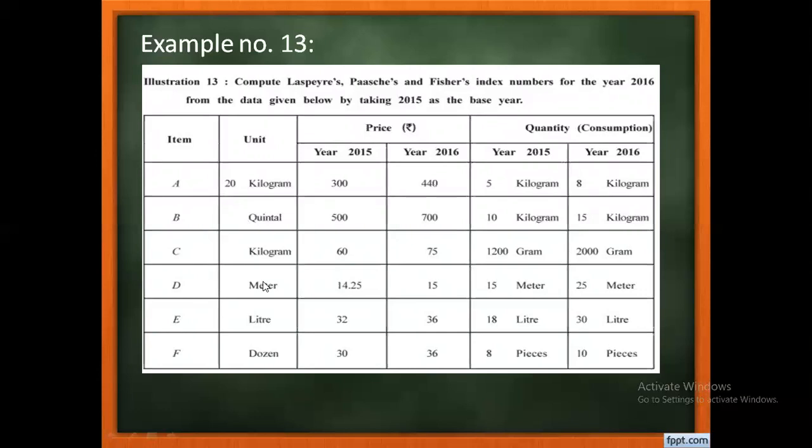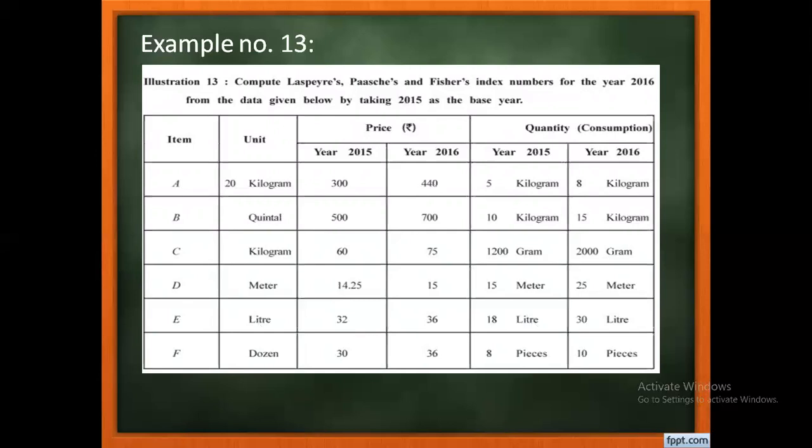For item D, it is given in meter. For 1 meter, 14.25 and 15, and the quantity is also given in meter. No need to change. For item E, the 1 liter price is given and the quantity is also given in liter. No need to change. But for F,